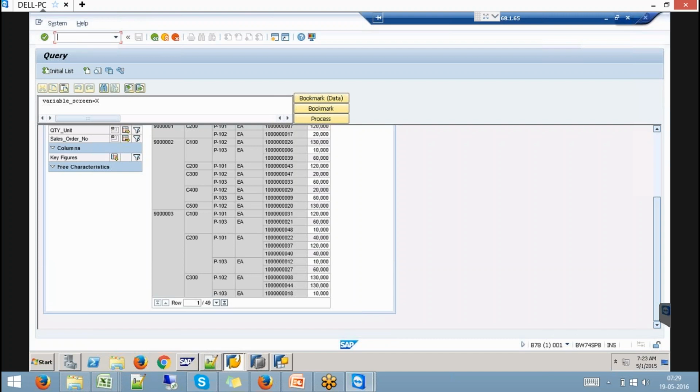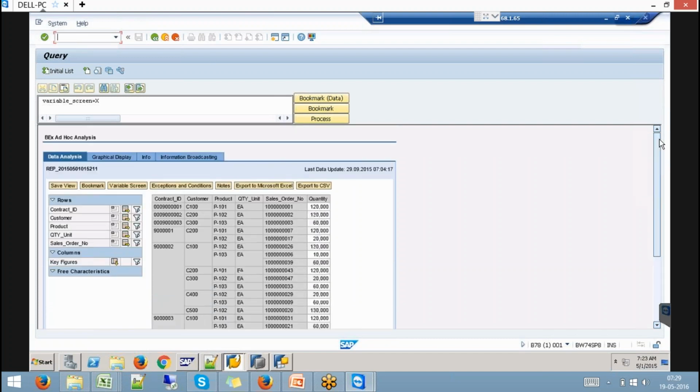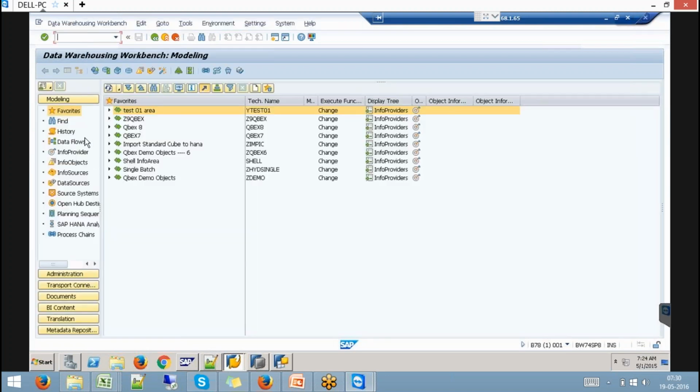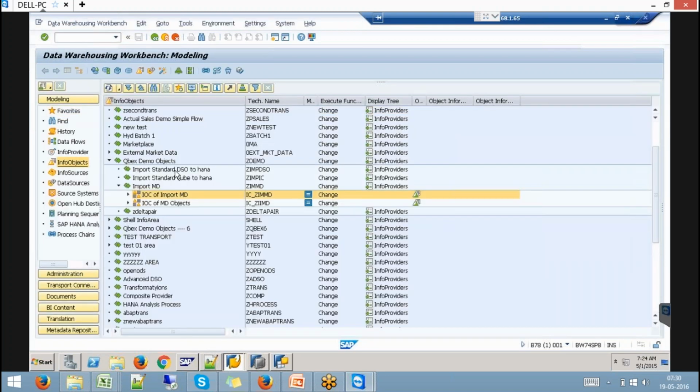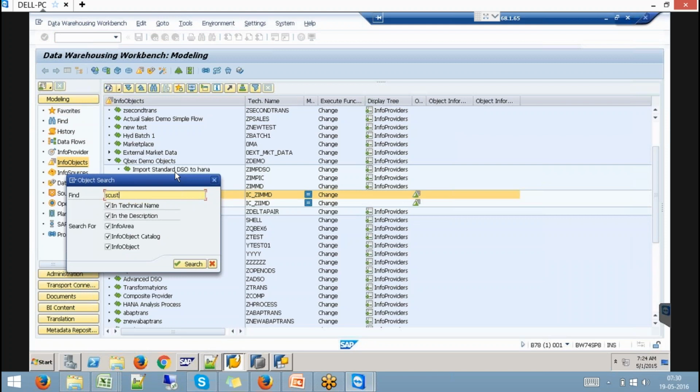Let's say I have a requirement now. From the transient provider, I have a field called customer, which is just giving me customer details. Yeah? 300, 200, 300, all this. Now I have a requirement. Within BW, I have a master data called S customer.